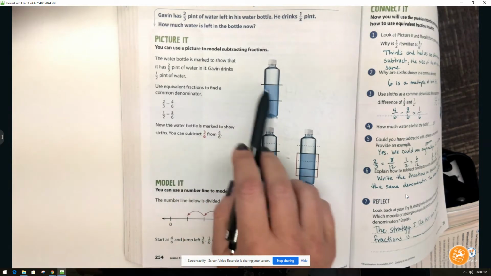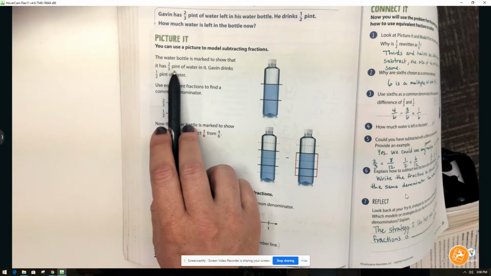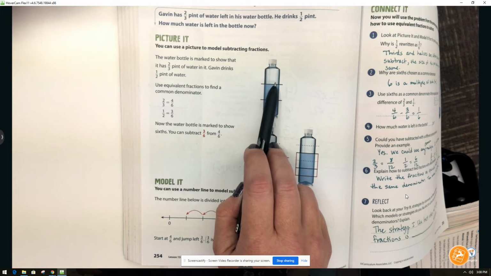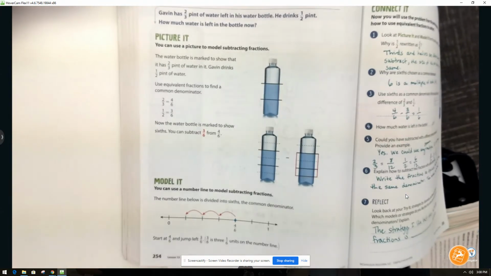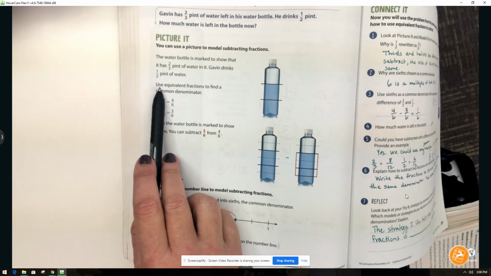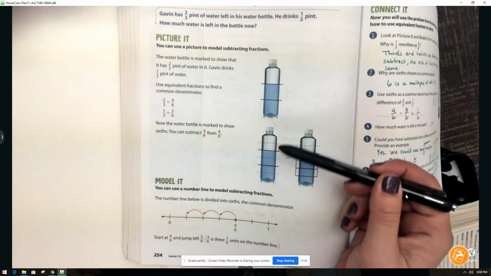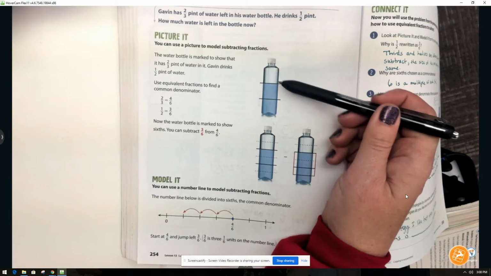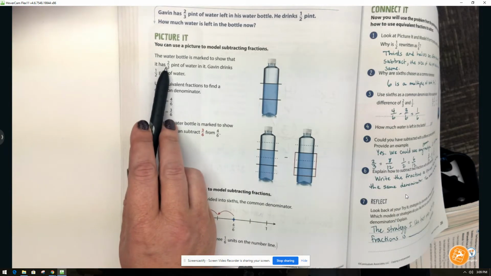So here we have the water bottle. This water bottle here, we are told, has 2/3 of a pint of water in it. So a third is gone, and we have 2/3 of a water bottle left. Then Gavin drinks a half a pint of water. So if this were full all the way to the top, that would be a pint. So he drinks about half of the water bottle, but